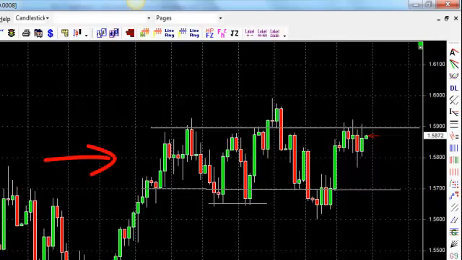Price has come down to this point, as well as right around this area in here. When I'm looking for support and resistance points and entry points, I like to use a wick. Some people talk about the bodies. I like to use the tops of the wicks because it's going to give you a little bit more